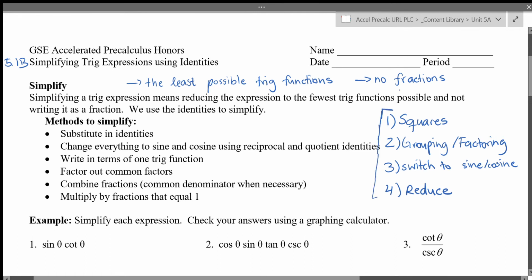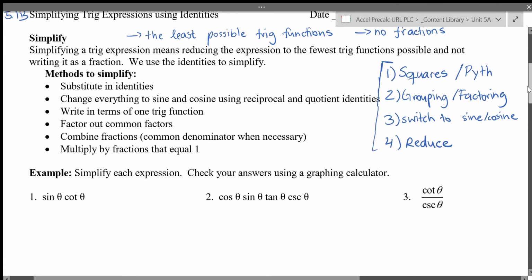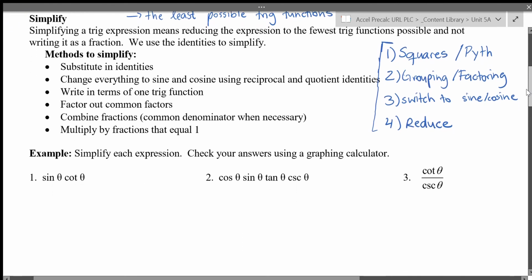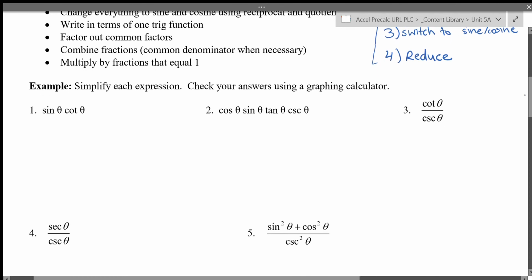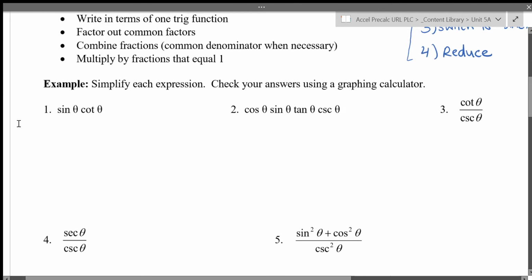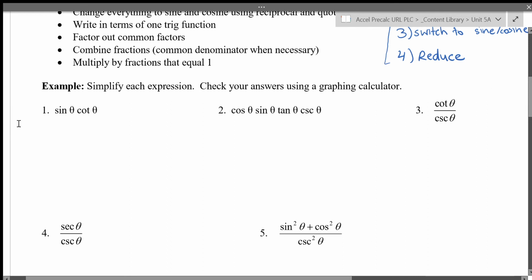So the first thing you want to check for is squares. Can you use any Pythagorean identities? If you can, replace those first. Then you're going to group or factor, then switch to sine and cosine, and then we can start reducing. A lot of times we have to factor out common factors or combine fractions, find the least common denominator, things like that. So this is day one, so we're going to try to ease into this. So if you look at sine theta times cotan theta,